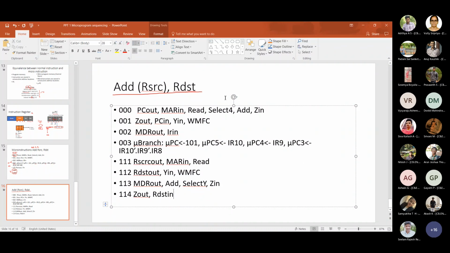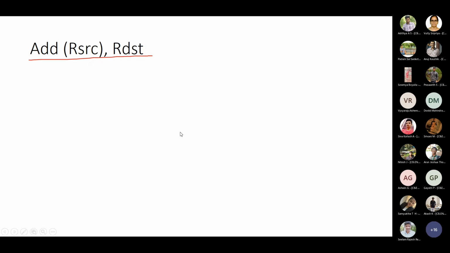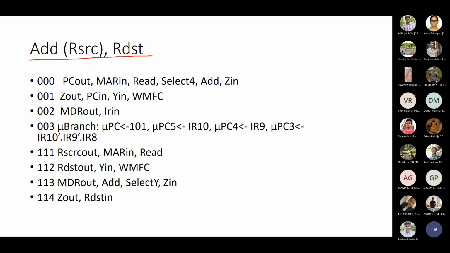Okay. Now again, here also, let me remind you, these address locations are going to change. Till this, is it clear to all of you? Writing micro instructions you are already familiar with. I have just additionally provided you the address locations where the micro instructions will be present.